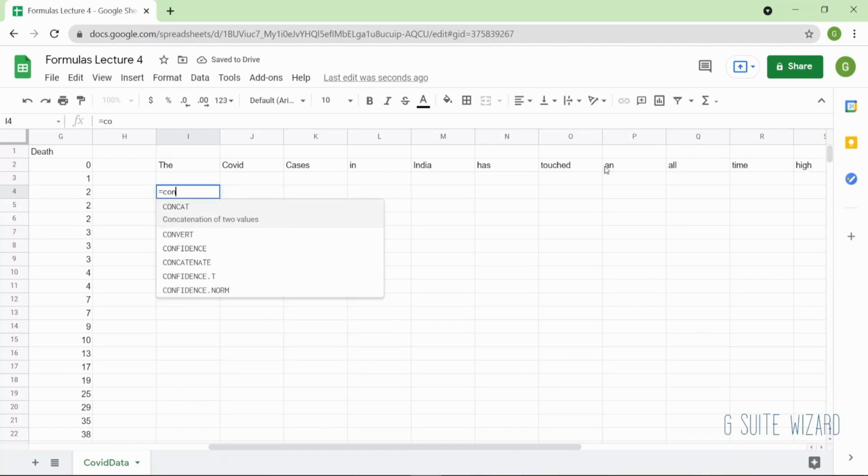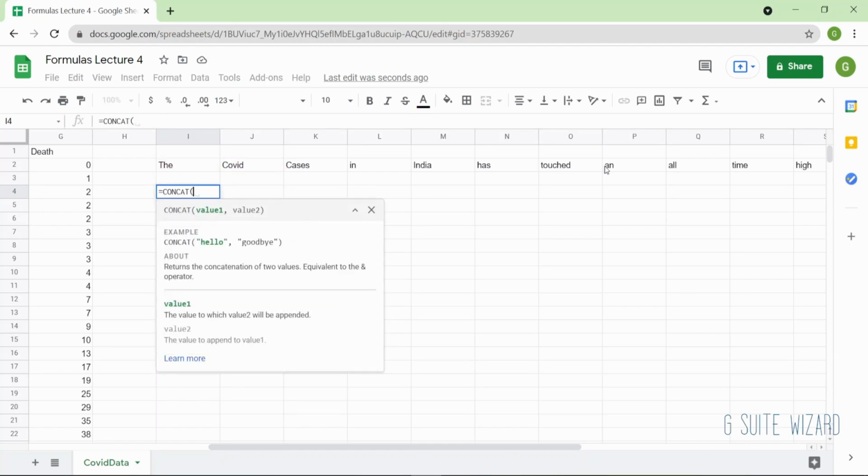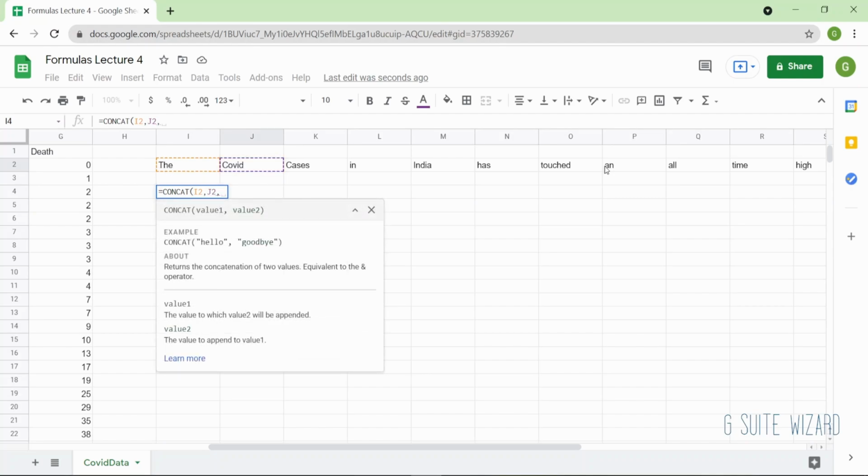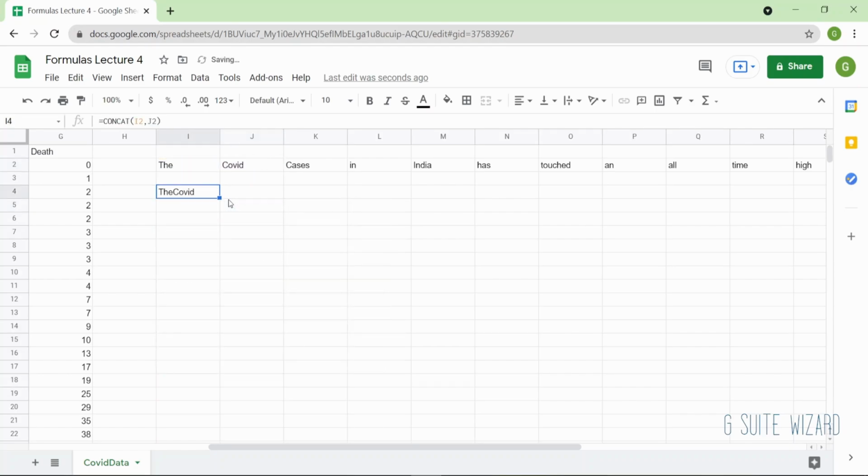So the next thing that we have is concat. What concat does is it will append two values together. How it is different from join is, in join you will be able to give your desired delimiter, whereas in concat you will not be able to give delimiters and you can only use two values. So if I use this, then I can only use one more, and when I click on comma, you can see that there's a red mark on the comma, which means there's only two values that I can give, and it will concat these two.